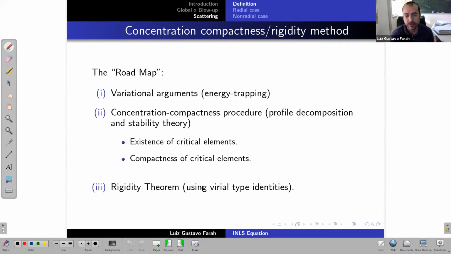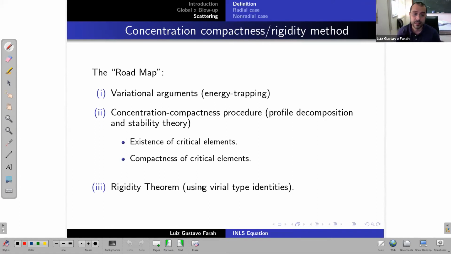In particular, you prove some kind of energy trapping here. Then you use a concentration compactness procedure, with the use of a profile decomposition and stability theory, to prove the existence of, so you assume by contradiction that you don't have the limit that you want, and then using this concentration compactness procedure, you can prove the existence of critical elements and also the compactness of these critical elements, right? So with these properties, we prove a rigidity